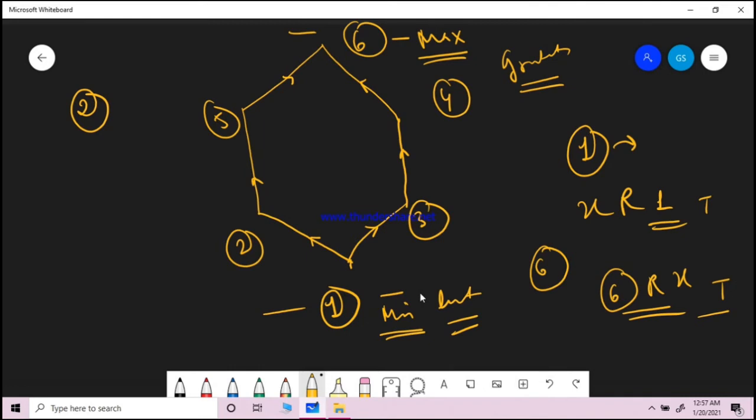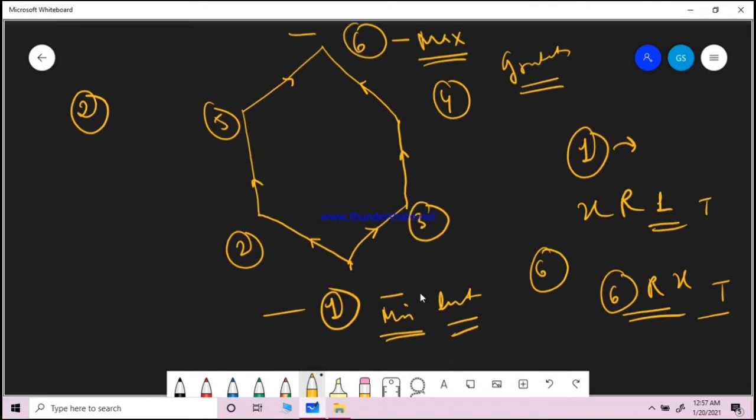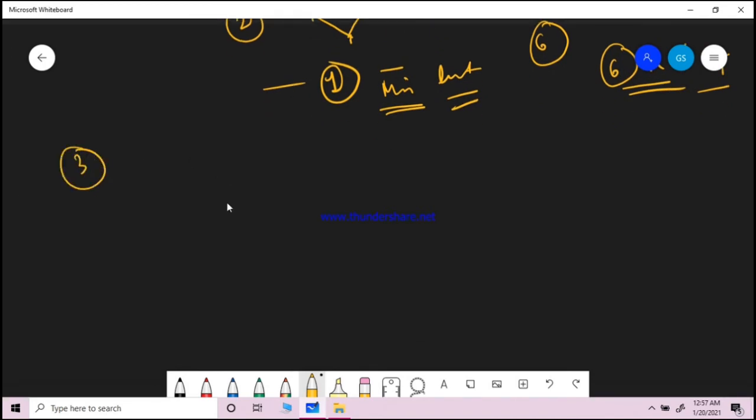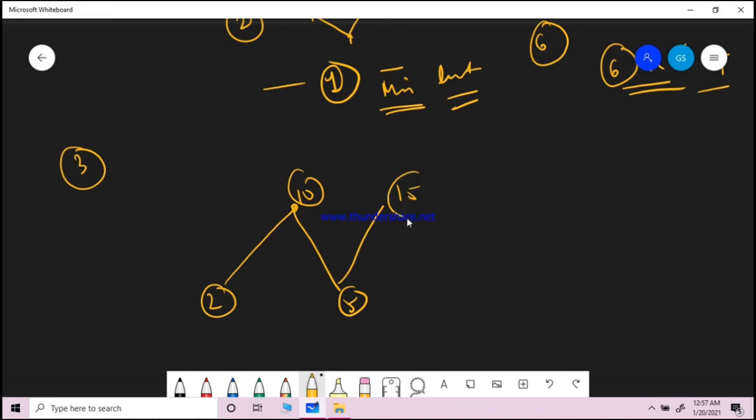One more example that we have studied was this one, where we are having multiple maximals and multiple minimals. If this is the case, you can simply say there is no least element and there is no greatest element, as we are having two maximals and two minimals, and it is not possible to find them in this case.